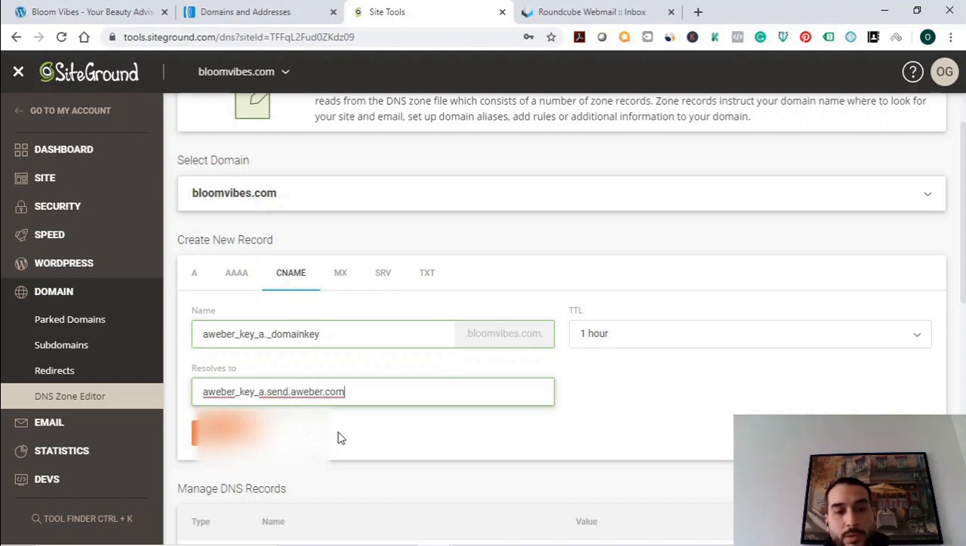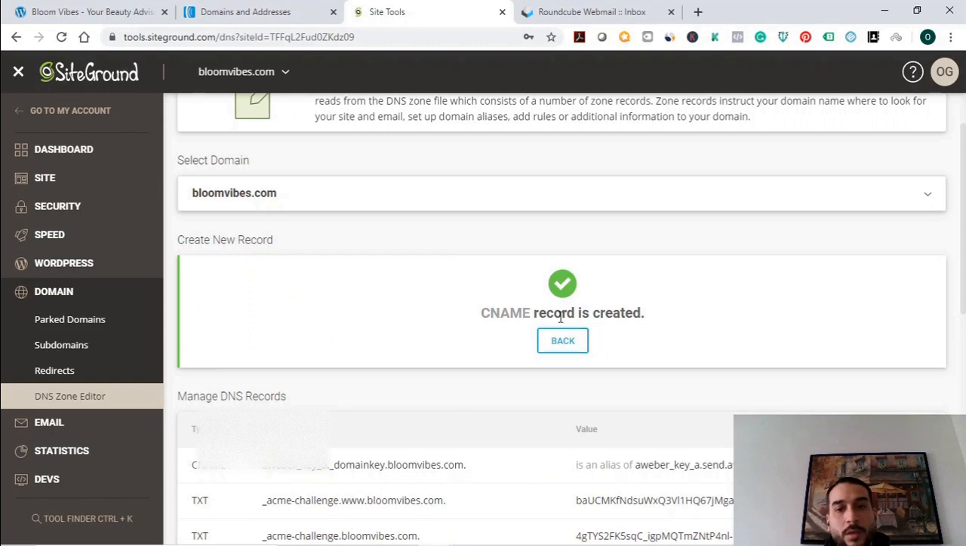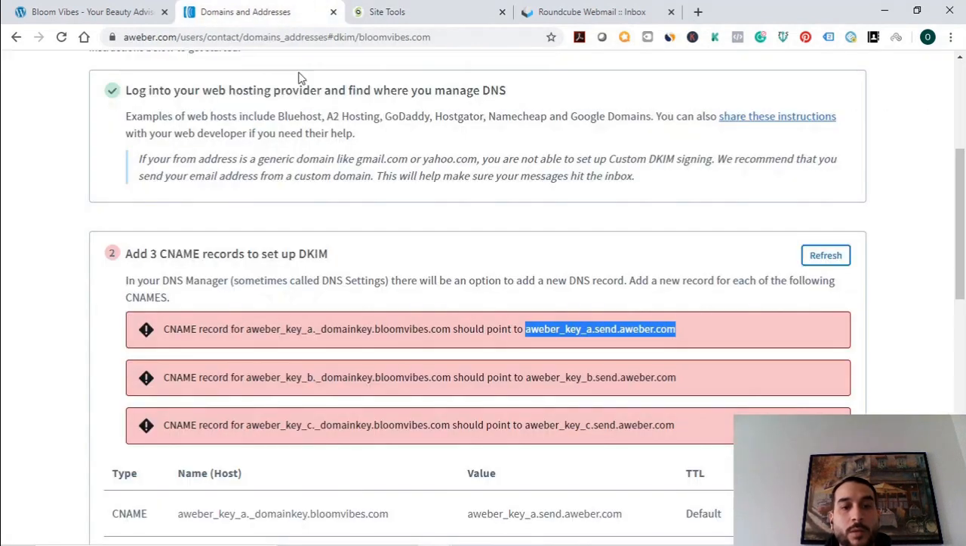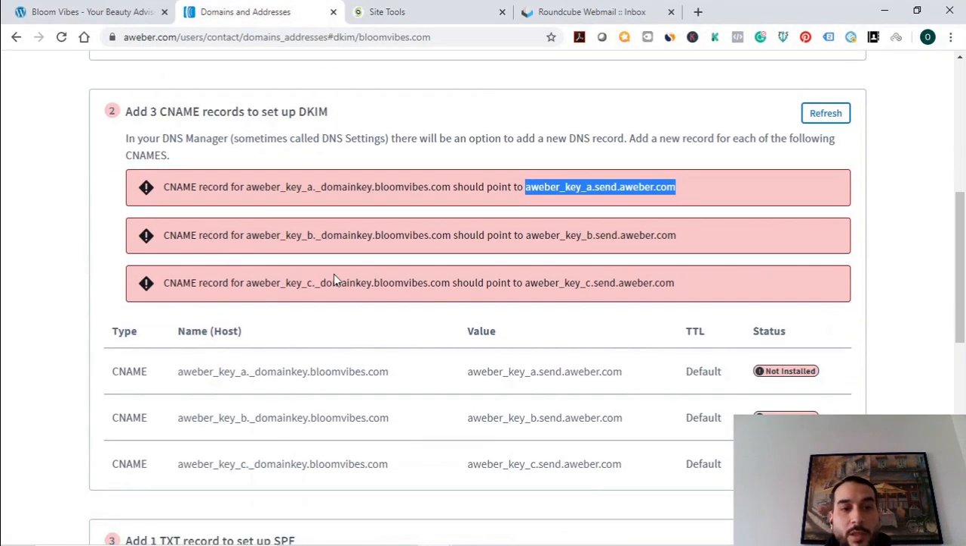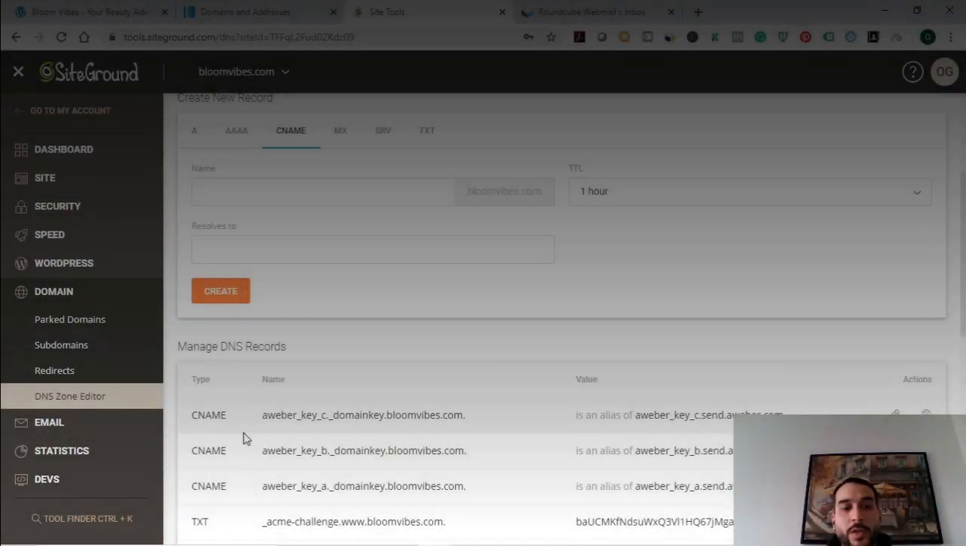And paste it here. Click on Create. The record is created. Go back and do the same for this and this. So as you can see here, we created all the 3 CNAME